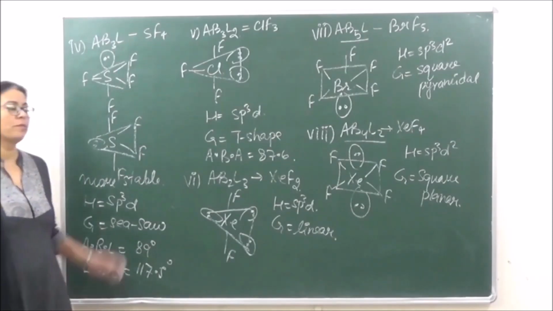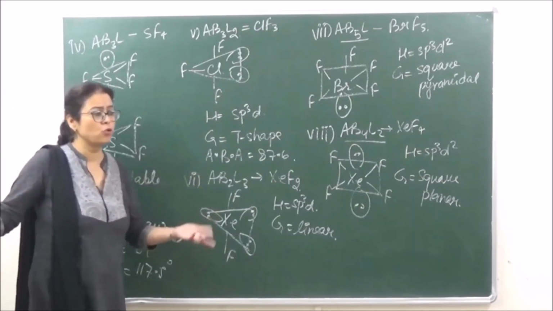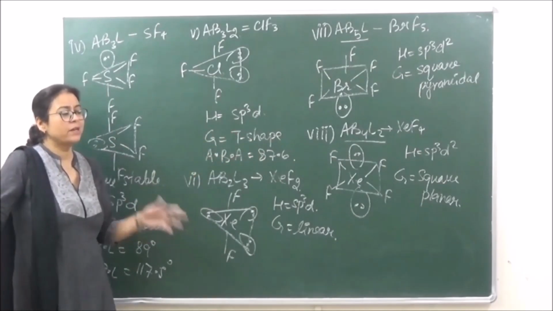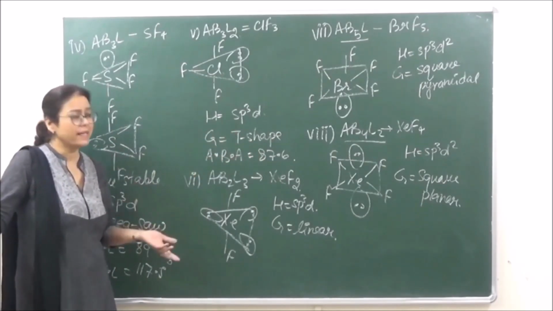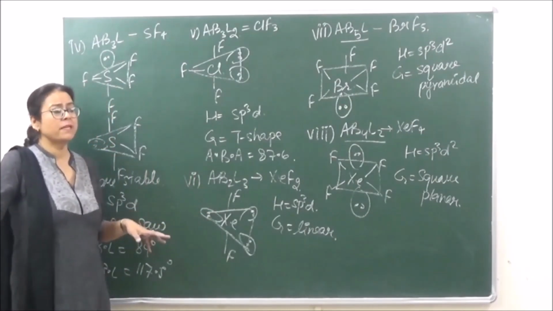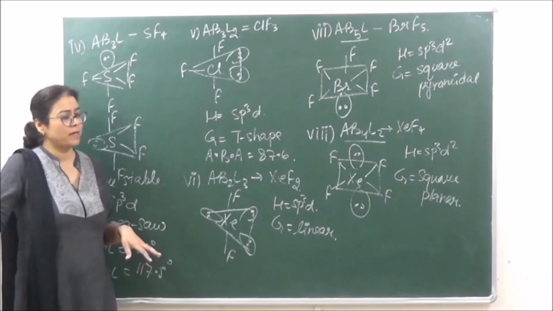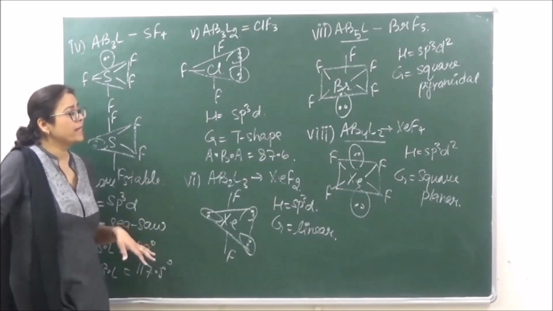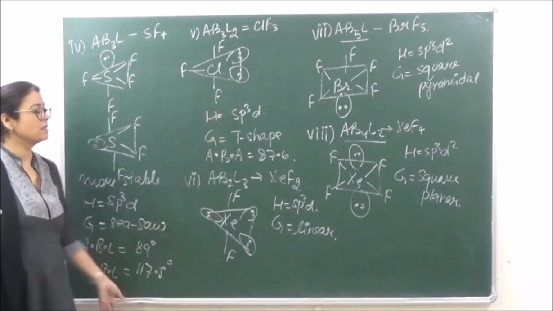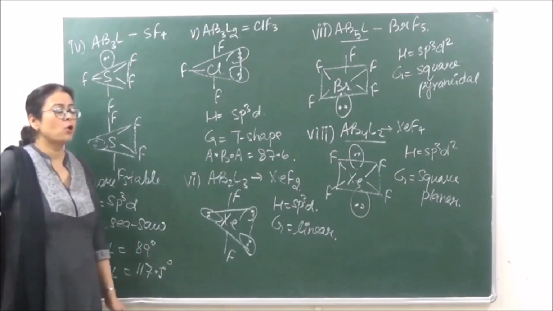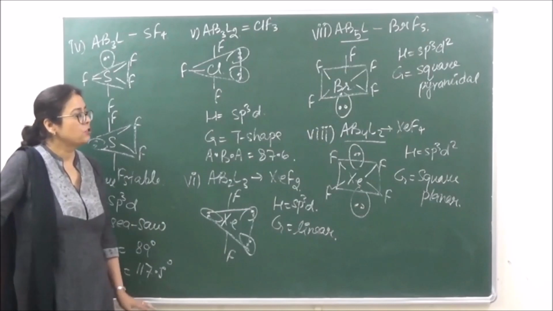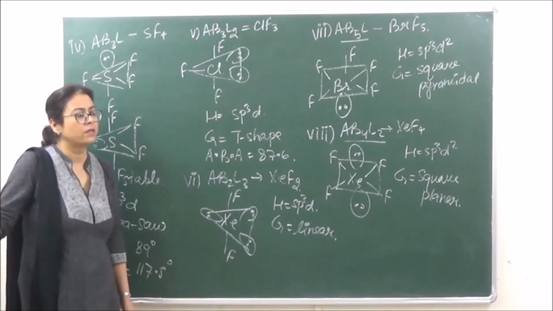So over here, although we've already done this when we were doing hybridization, that whenever we are calculating the hybridization, तो हमने करा था कि if H becomes equal to 2, then the hybridization is sp और उसका shape क्या होता है? That is going to be linear, sp2 का triangular, sp3 का tetrahedral, and so on, right? So you can predict the shapes also on the basis of hybridization when you're doing your multiple choice questions, or if you're getting in your boards a question in which you have to draw the shapes, then this is how you can do the shapes of so many molecules on the basis of VSEPR theory, right? So for today we are going to do only till here. Okay.